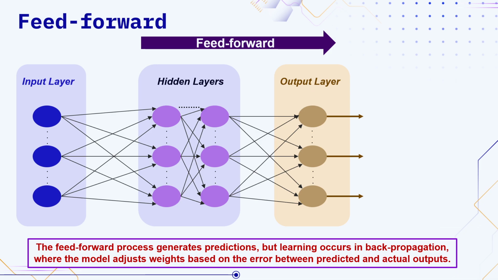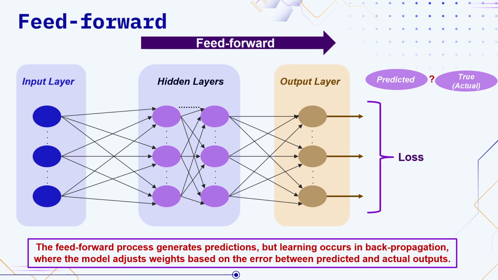So what we need now is to compare that predicted value with the actual value, or the true value. And we call that the error, or the loss, where our future goal from the learning would be to minimize this error. And we will cover it in the